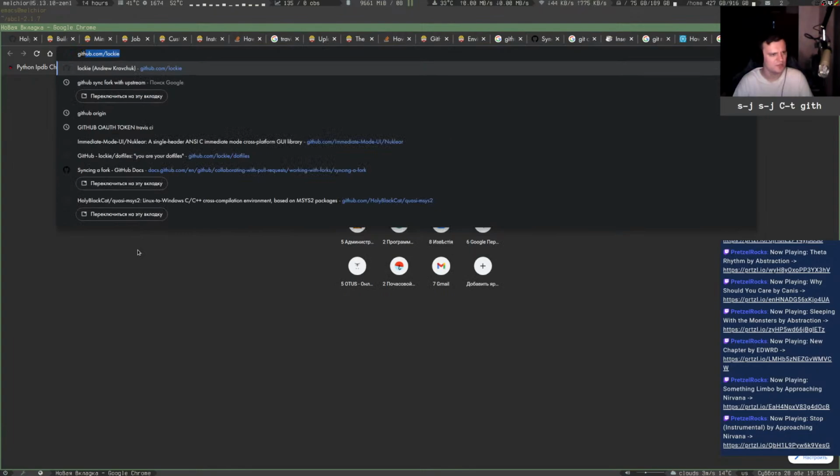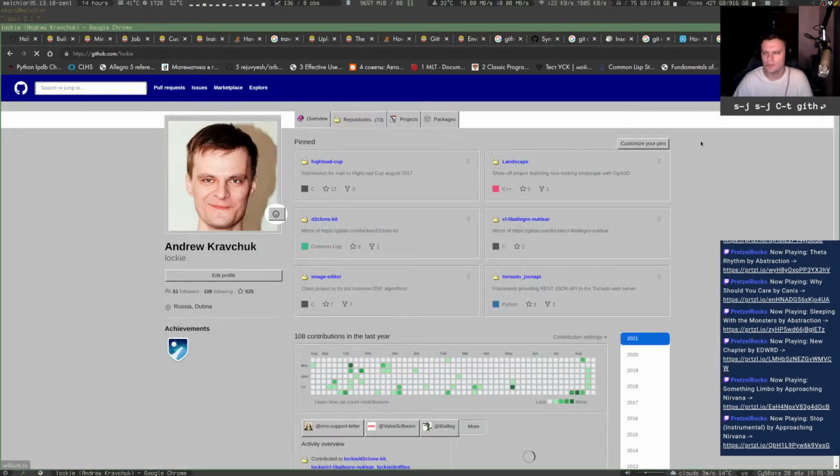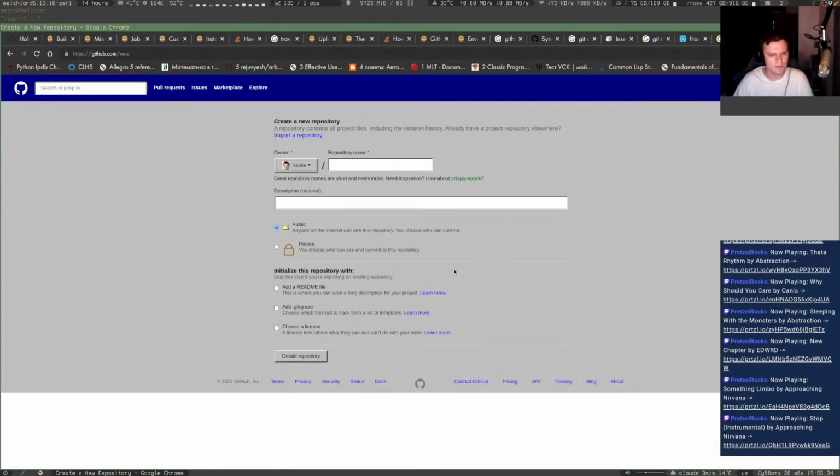So let's just create a new repository and add the data there. Have I pressed the correct button? Okay, so sbcl, what was it? Let's call it win2k. So this is the fork of sbcl containing